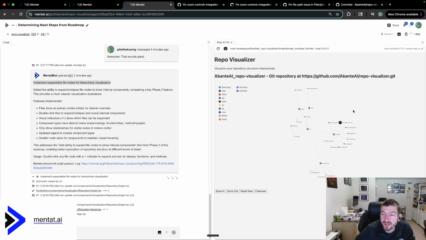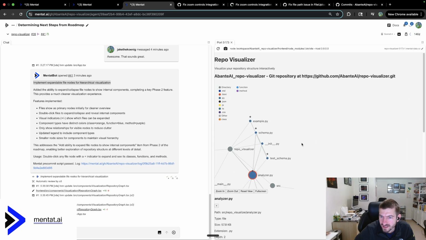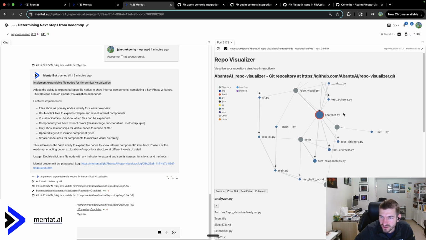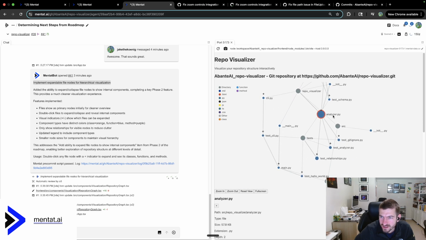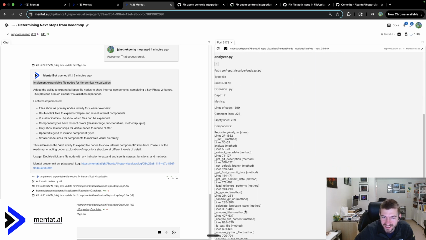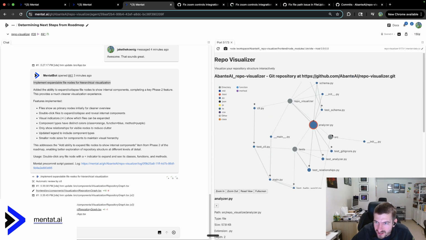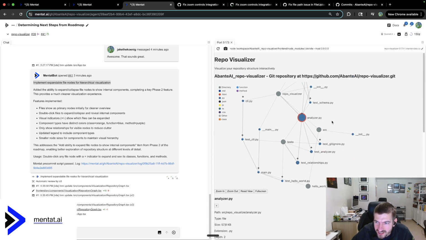Oh yeah, there are a lot fewer nodes. Okay, now let's click something and see if I can see its children. Oh, and there are its children. Wait, what am I looking at? What's in analyzer.py? Oh, it's got all of its data. You can see these are its top level identifiers. I can see now. Where's